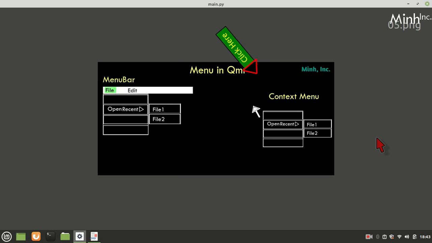Okay, so finally we develop one application where the menu will come in a menu bar and the menu will come in a context menu. So this is the skeleton of it.